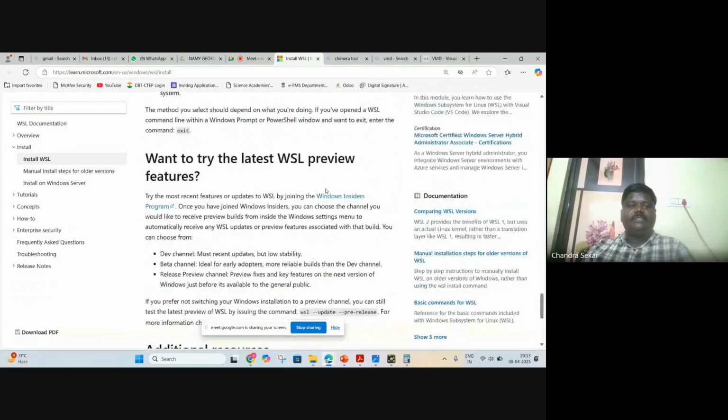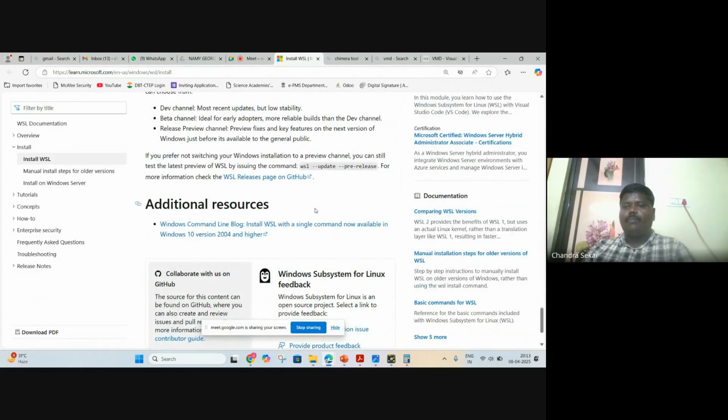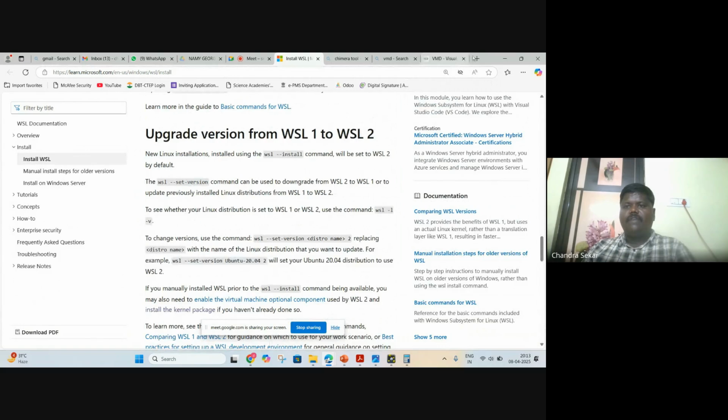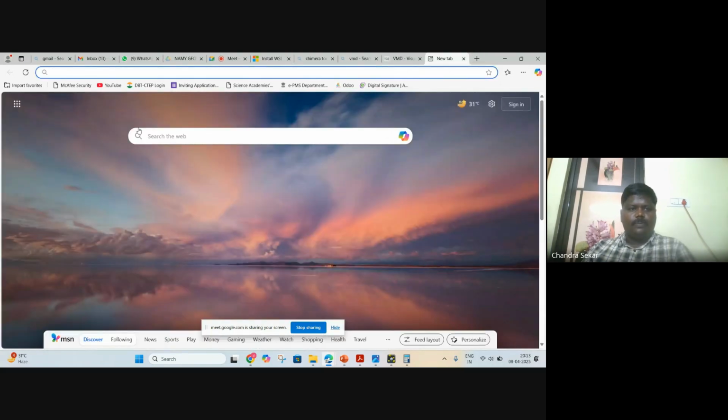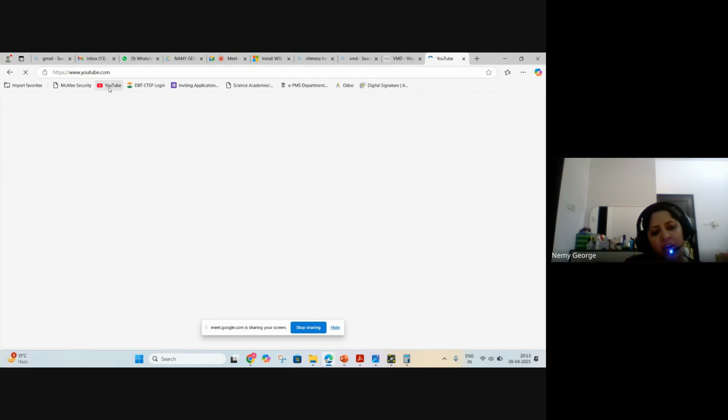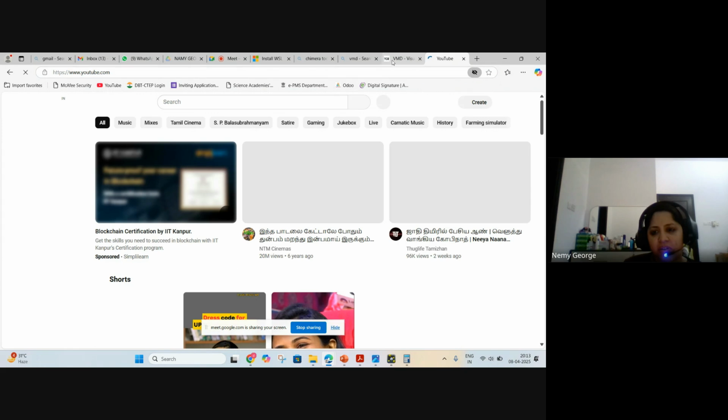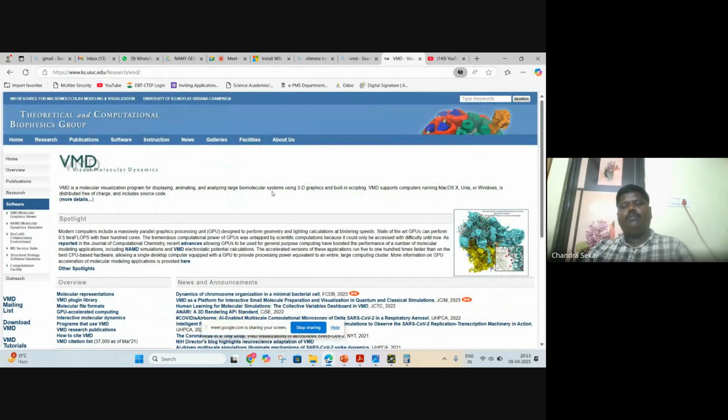Something will be missing, some additional resources. You have to browse through, or you have a number of YouTube videos also. In YouTube, you can find. If you convert into Windows 11, it is an easy thing, right, sir? Then you have to browse, or use whatever you downloaded. It is called an ISO file, ISO image. If he is good in dual booting, you can also boot.